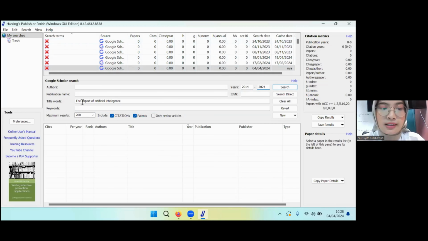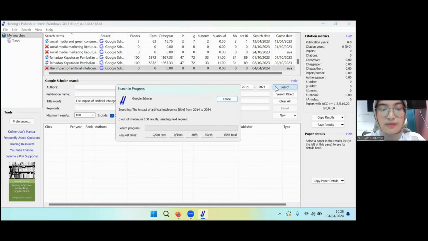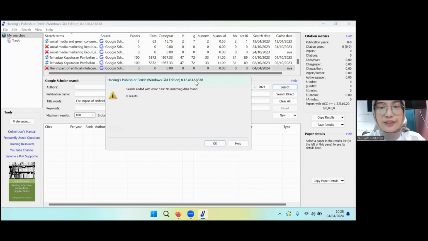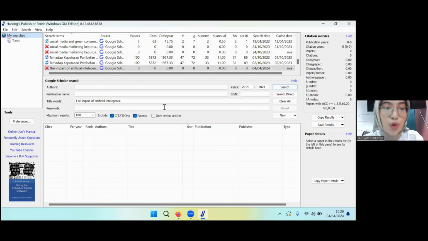Then you can choose the maximum number of results; I want a maximum of 100 results, and then you can click search. You have to wait for the results. And if there are 0 results, you have to change your title words.